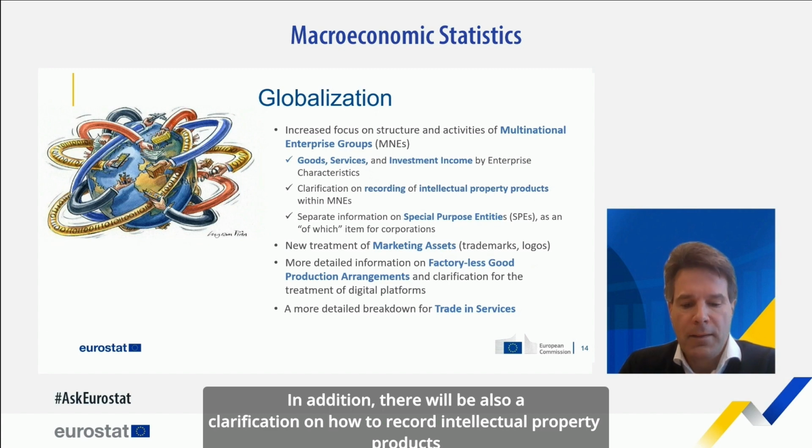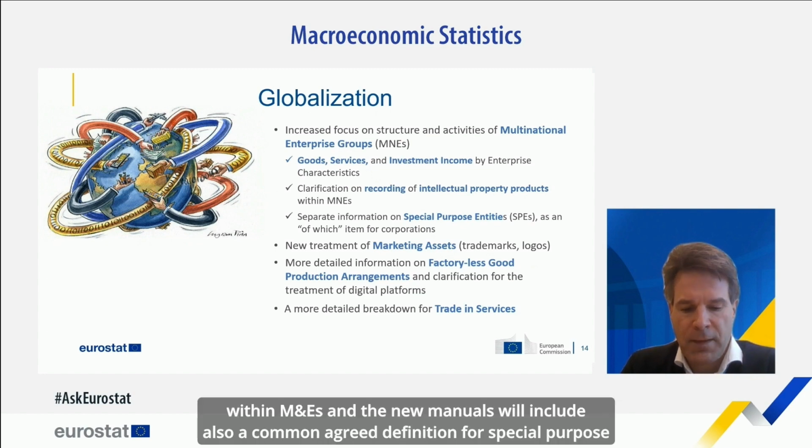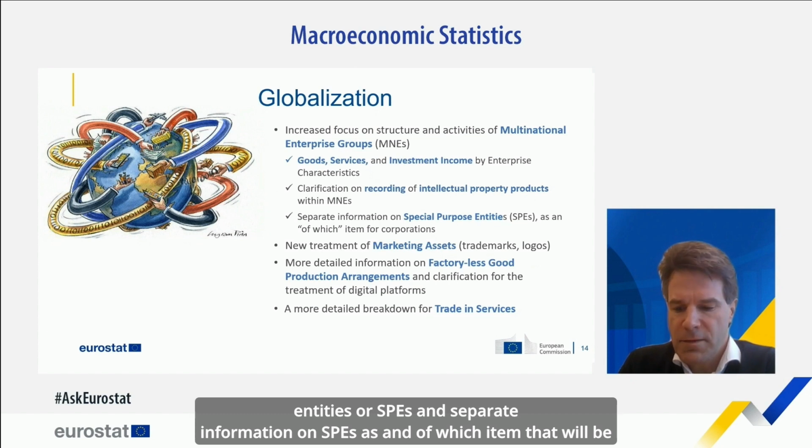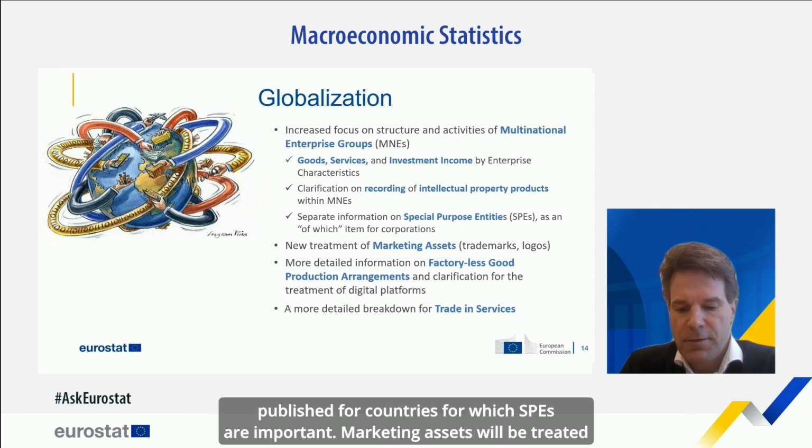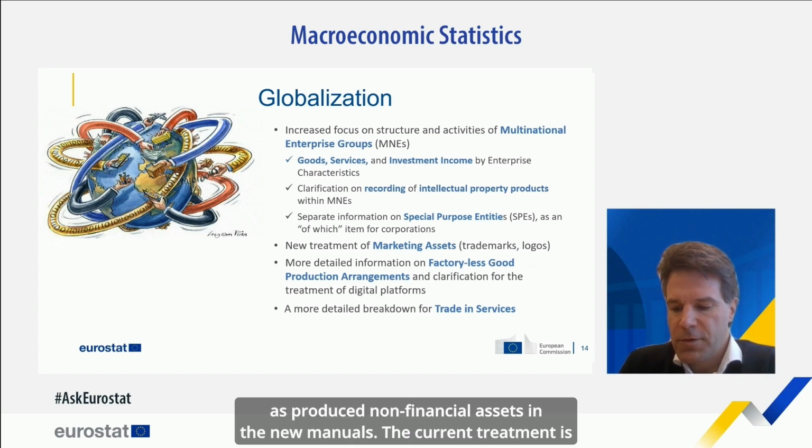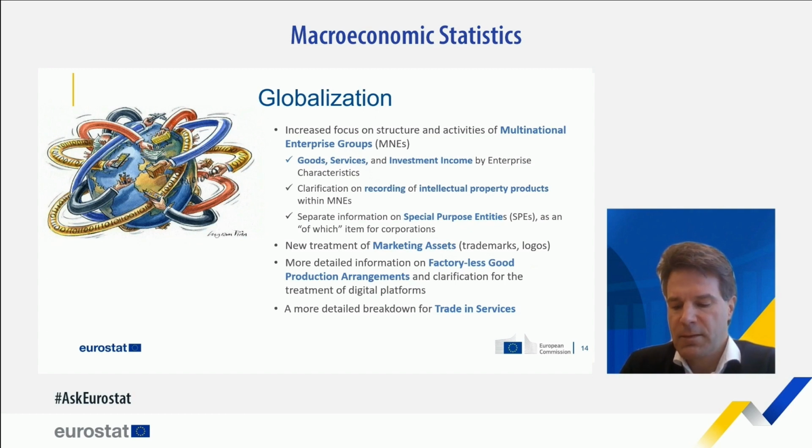In addition, there will also be a clarification on how to record intellectual property products within MNEs. And the new manuals will include also a commonly agreed definition for special purpose entities, or SPEs, and separate information on SPEs as an of which item that will be published for countries for which SPEs are important. Marketing assets will be treated as produced non-financial assets in the new manuals. The current treatment is